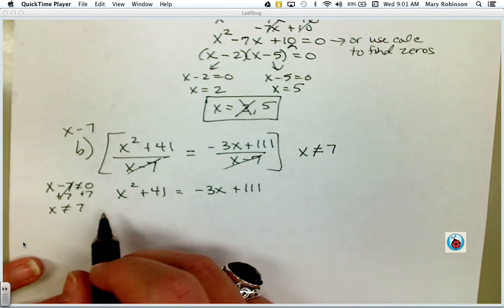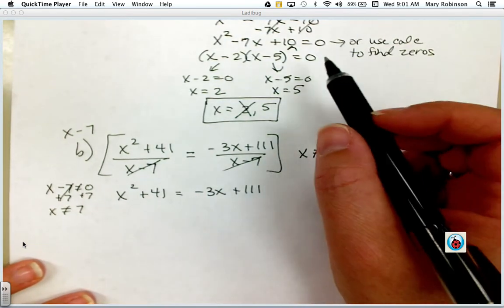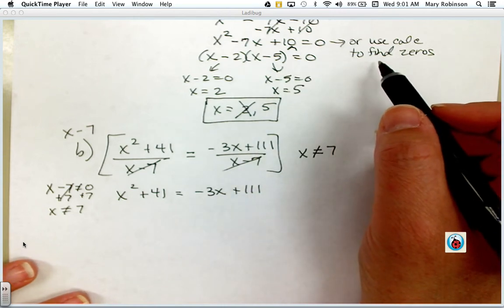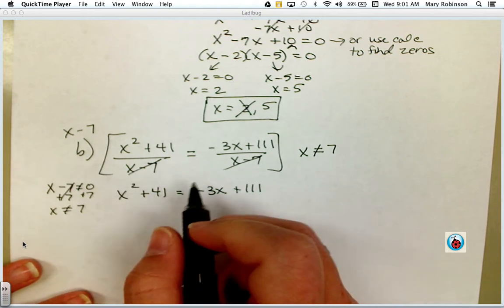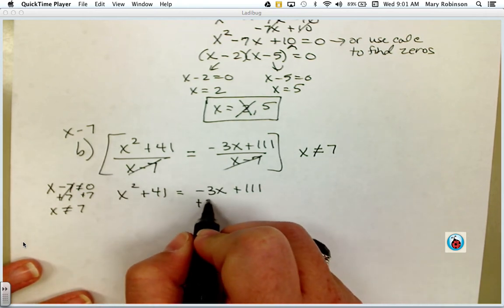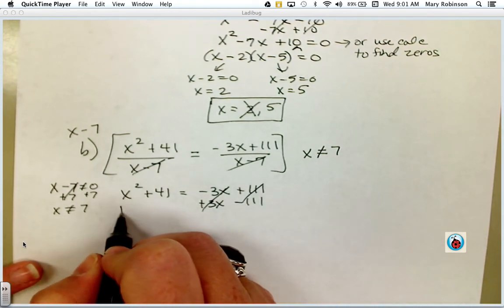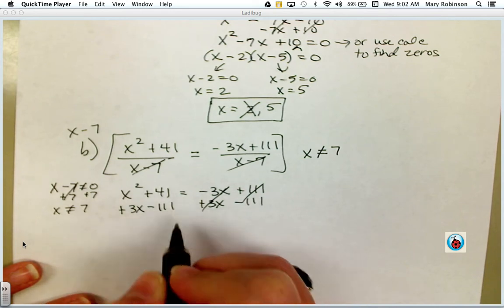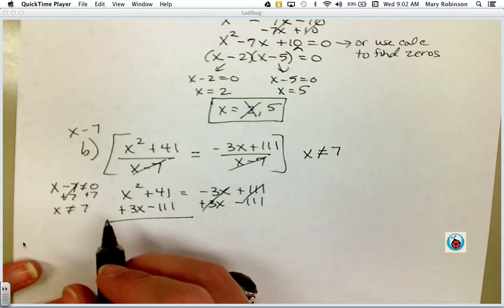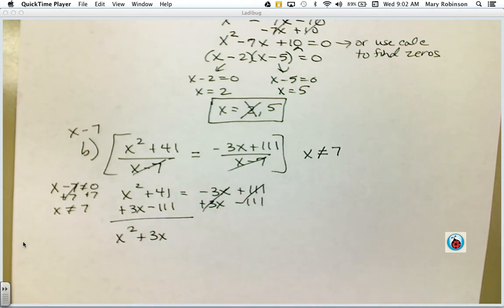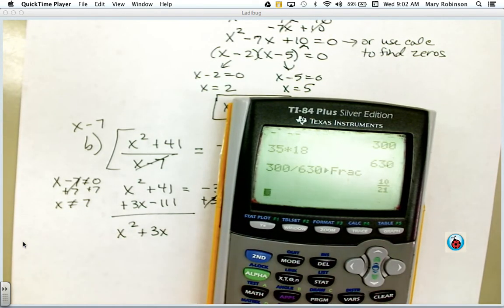So remember, to solve the quadratic equation, we're going to do just like we did up here. We're going to set it equal to 0. Hopefully it's factorable, or we can use our calculator to find those zeros. So I always leave the quadratic term on whatever side it's already on, as long as it's positive. So that means I'm going to move these terms here on the right to the left side. So I have to add 3x and I have to subtract 111. So that gives me x squared plus 3x, but 41 minus 111 is negative 70